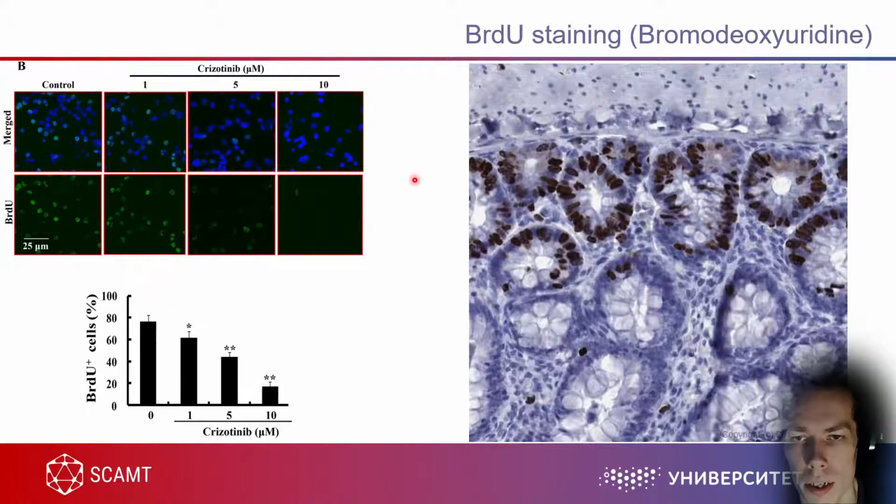So when the cells are dividing, this stain can stain the dividing cells, and for example here you will see it's crizotinib, it's an anti-cancer drug. Tinib, well, there are a lot of anti-cancer drugs which have this tinib ending in the designation,